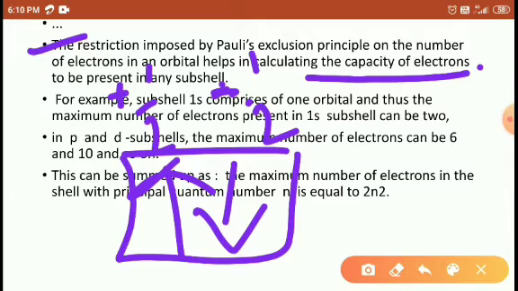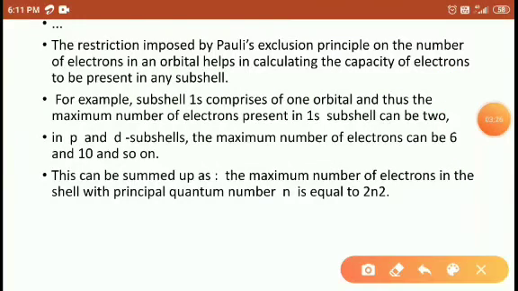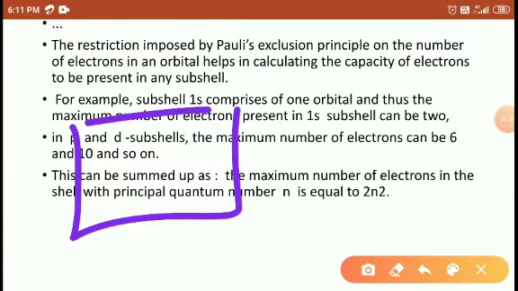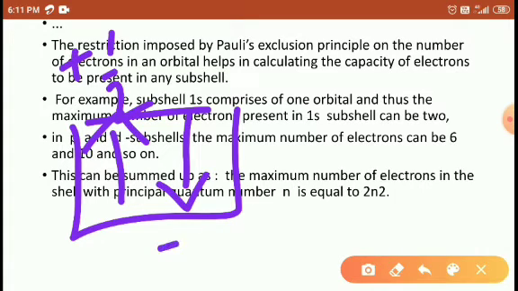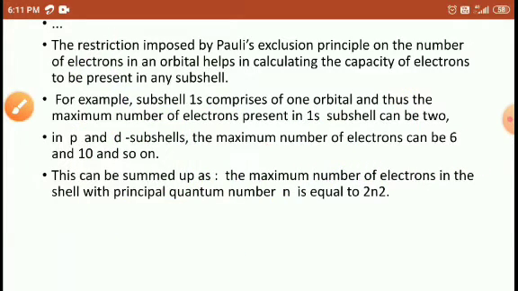Then the electrons must be stable, right? The one rotating clockwise absorbs energy, the other rotating anti-clockwise releases energy. Then both are stable here. In the orbital, one rotating clockwise absorbs energy, that is plus half, and the other releases energy, that is minus half, and then the atom is stable. Students, the maximum number of electrons present in the 1s subshell is 2.